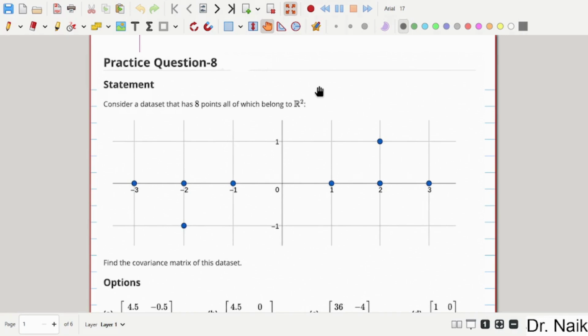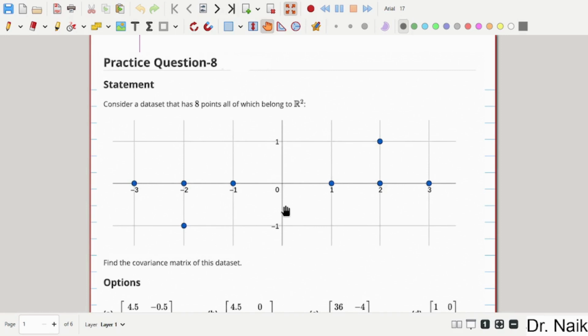Today we are going to solve some questions which are based on the PCA. So consider a data set that has 8 points, all of which belong to R2. R2 means 2 dimensions. So the points